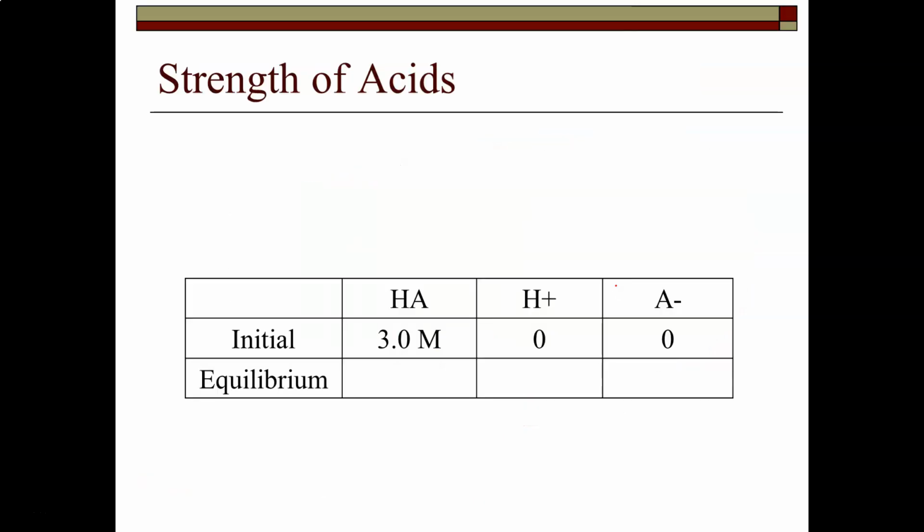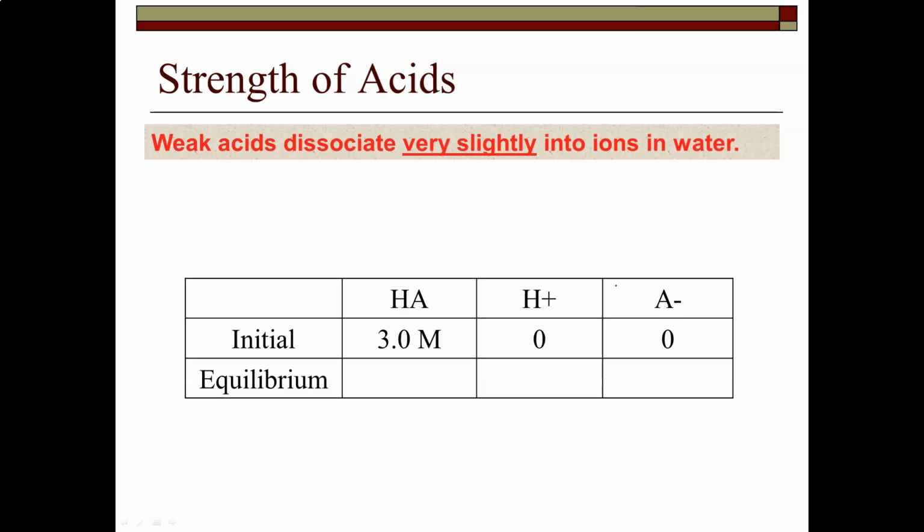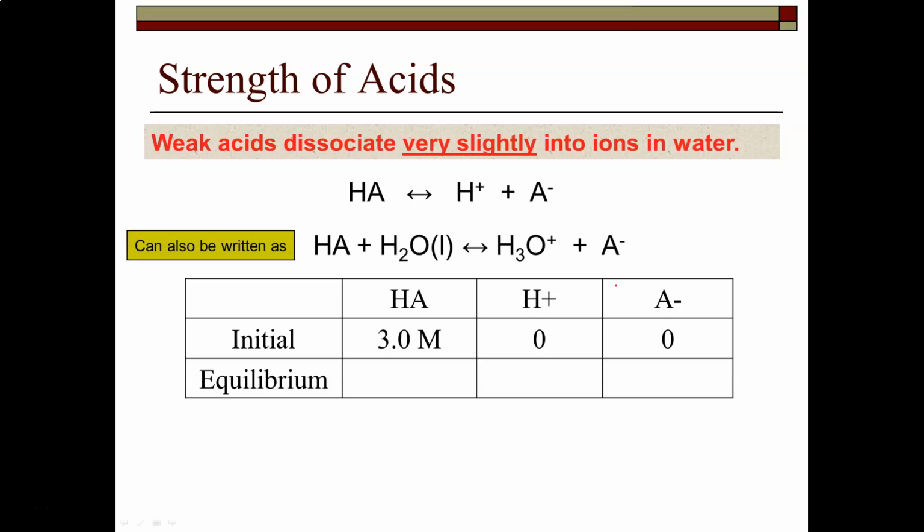So let's take a look at what our table would look like for this. Weak acids dissociate very slightly, like I already mentioned. So here are your two equations. Notice, again, they're exactly like before, except we have an equilibrium sign here now. Initial concentration of HA, 3 molar, 0 and 0 for H plus and A minus. Then at equilibrium,